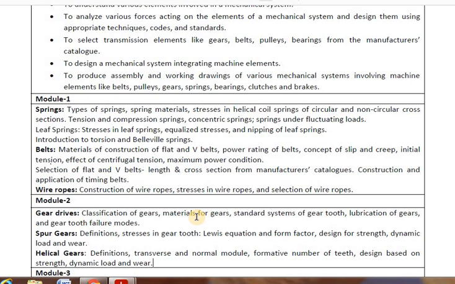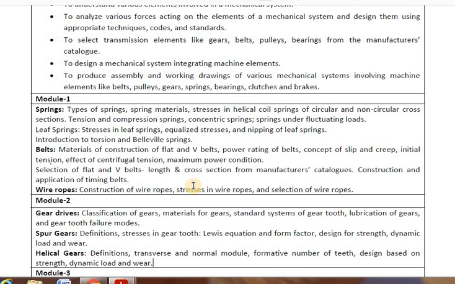Then wire ropes you find in applications of lifting loads, also in multi-story buildings as elevators. The elevator is lifted from the ground floor to many heights of the building by means of steel wire ropes. Another example is lifting water from an open well. In old villages, you use a cotton or jute rope for taking water out of the open well. Like that you find many applications of wire ropes.